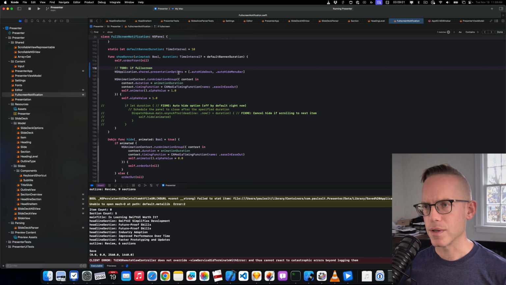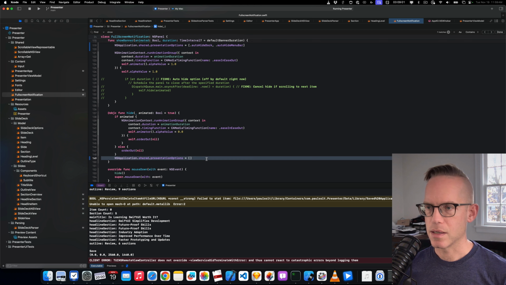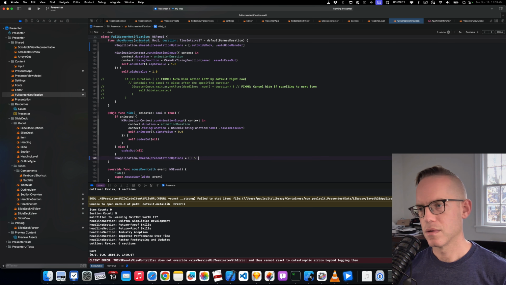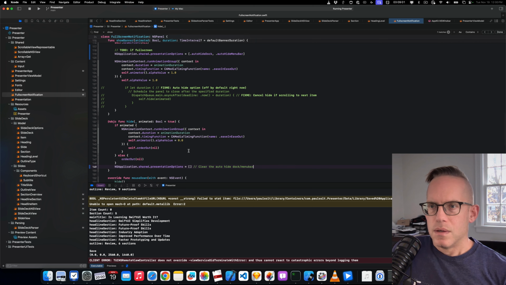But I'm currently auto hiding the dock and auto hiding the menu bar. And then I unhide, then I clear that. Okay, so that's